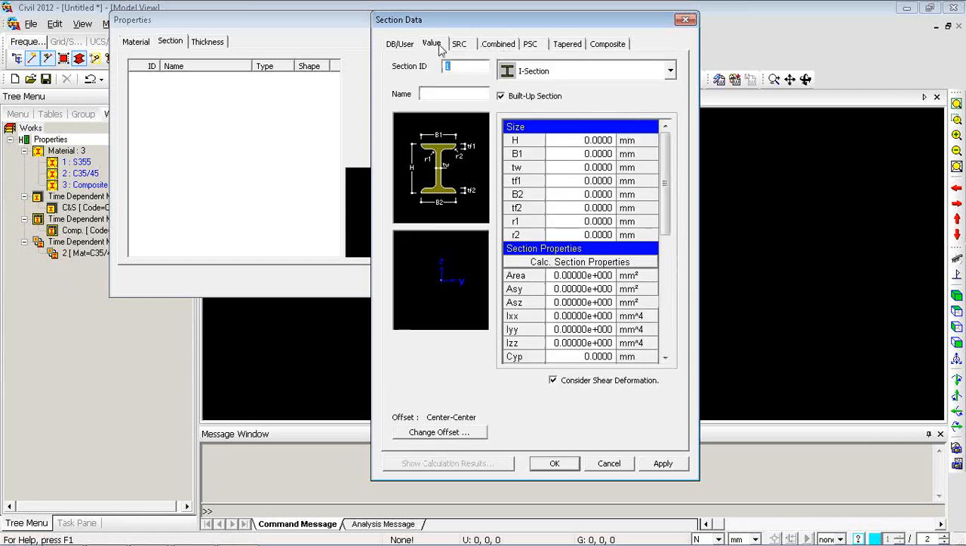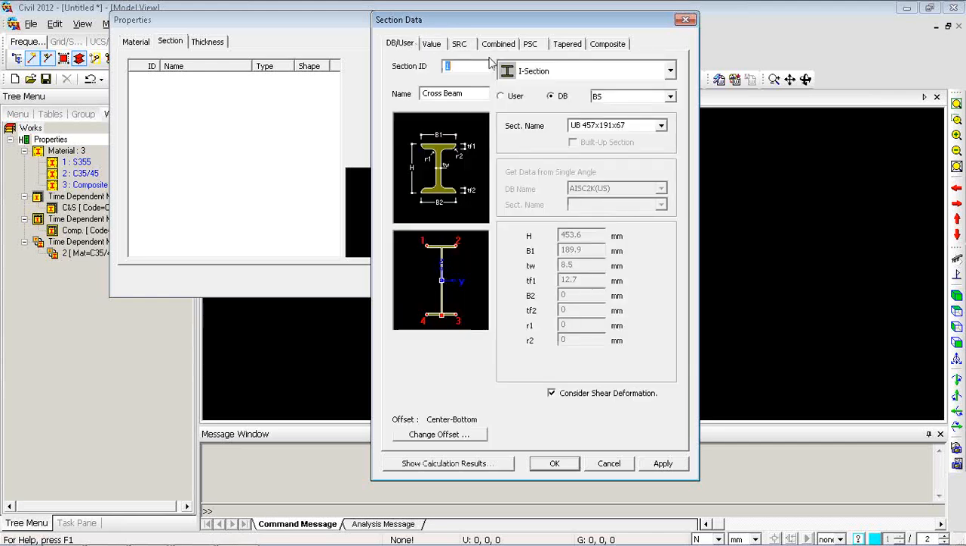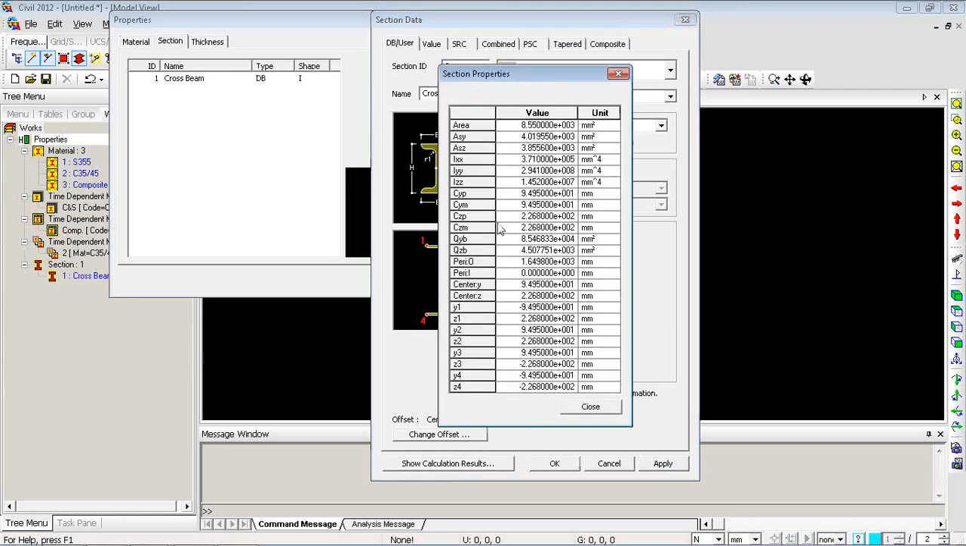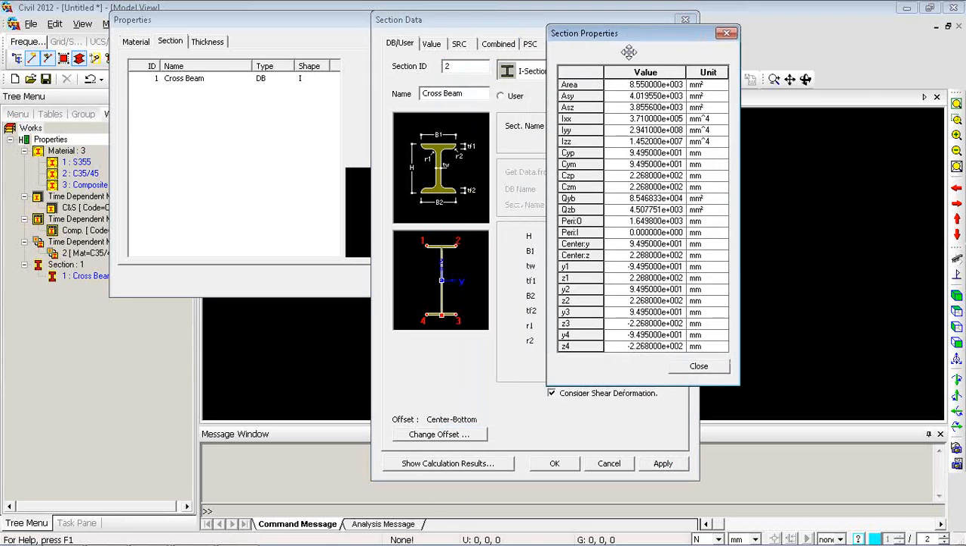Then there are value type of sections. So for irregular sections or the sections which are not available in the database, you can directly enter the section properties from here. So I didn't input the cross beam, so I'll just apply it here. So my cross beam is applied, and you can see the section properties of this section by clicking on show calculation results, and you can see the area, the effective shear area, moment of inertia, and the centroid, CYP, CYM,